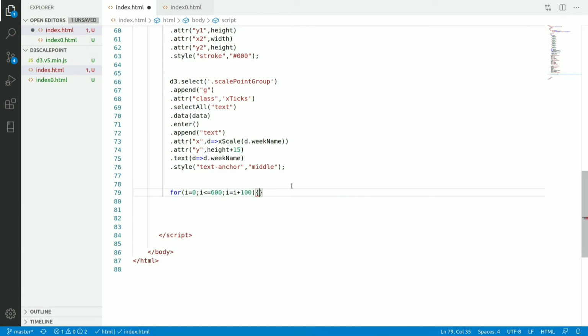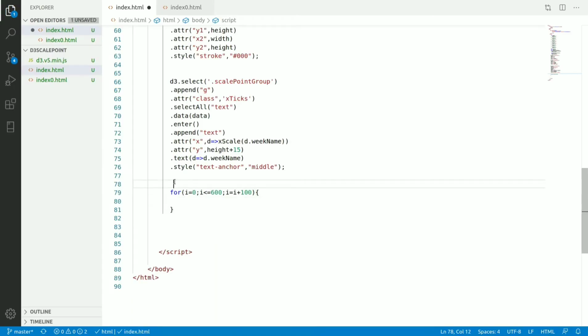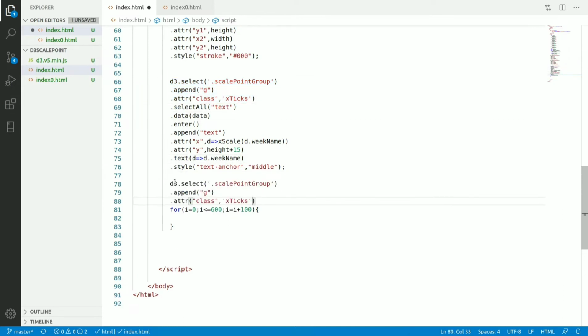I know that there is a 100 pixel gap and the total height is 600. Now here I want the ticks in the y-axis. So first I will append one group element for the y ticks.